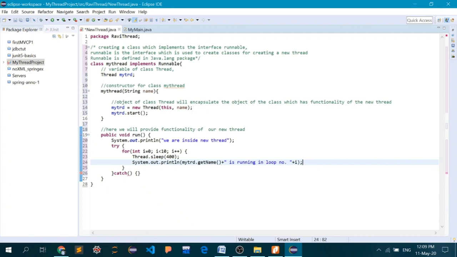That is it. So what we have done here, we have called a method called getName, which is defined inside this class, and as we have created an object of this class, we can call all those methods. So we have called that.